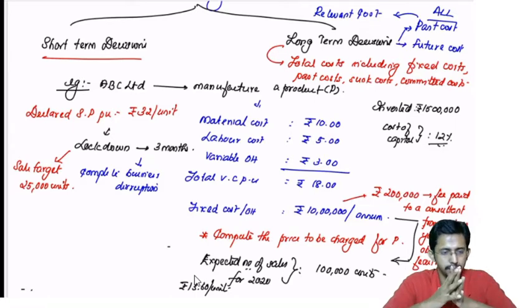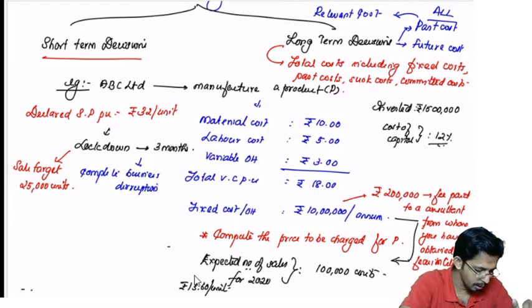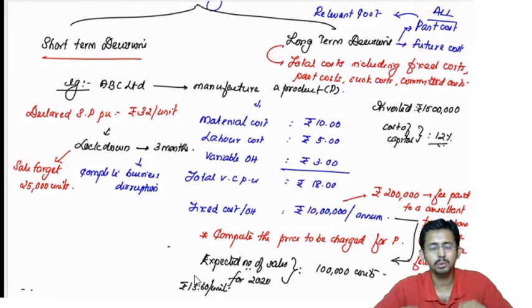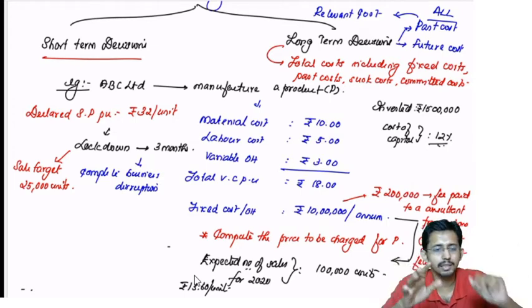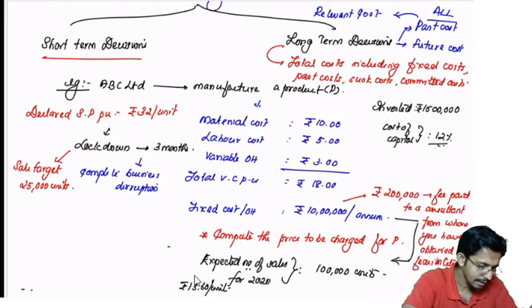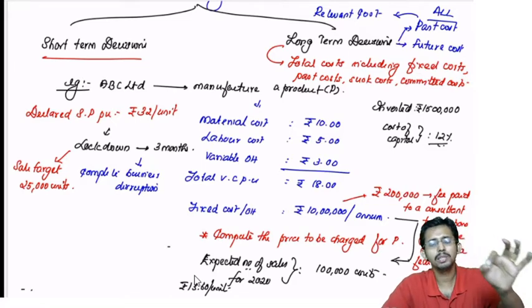Now I will give you an example. You have something called fixed cost here. Am I right? 10 lakhs per annum is your fixed cost. That is for one particular year. And what will be the cost per quarter? 10 lakhs divided by 4 will be 2,50,000. 2,50,000 per quarter is your fixed overhead cost. Out of that, 2 lakhs is already incurred. So out of 10 lakhs, 2 lakhs is already incurred. So if you exclude that, 10 lakhs minus 2 lakhs will be 8 lakhs. 8 lakh divided by 4, that is 2 lakh is the only fixed cost which you need to incur for that particular quarter.